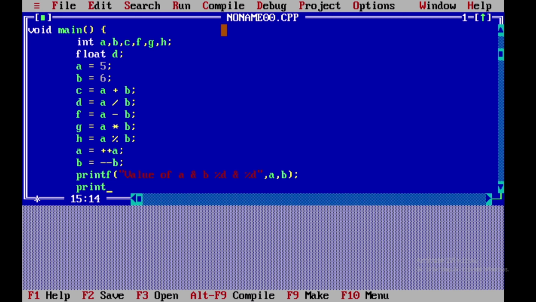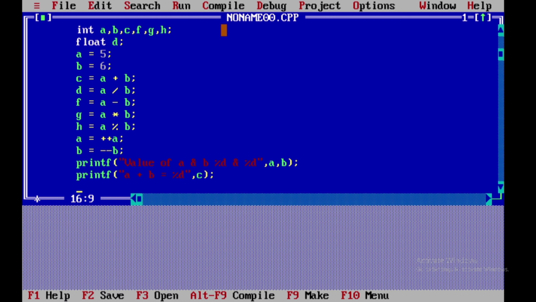Then next we have a printf, a plus b is equal to percentage d, that is c. Then we have another printf, which is a minus b is equal to percentage d, that is f.